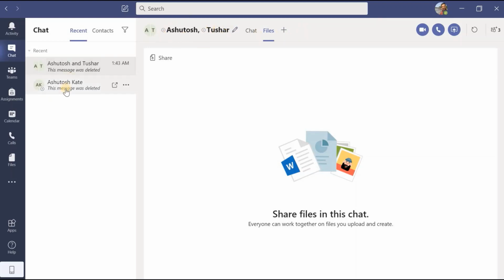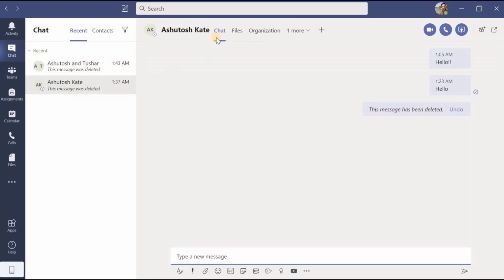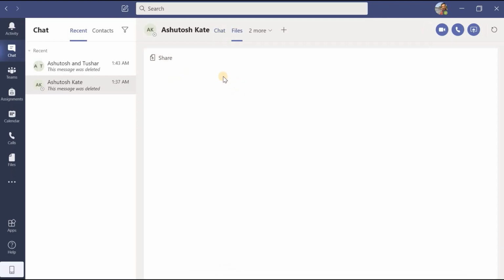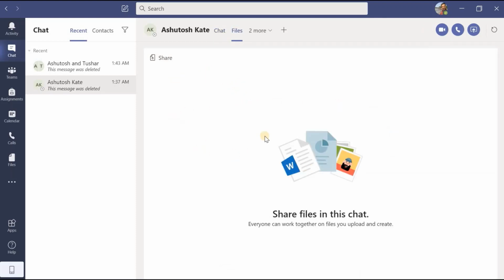This is regarding group chat. Similar is the case with the private chat. Inside the chat tab, I will find the chats. Inside the file types, I can find the shared files. In this chat, if no files are there, or if I want to share the files, I can click on the files and I will come to share. It will ask whether to choose file from OneDrive or upload from computer. Depending upon file location, we will select any of these two options and we can easily share the file.